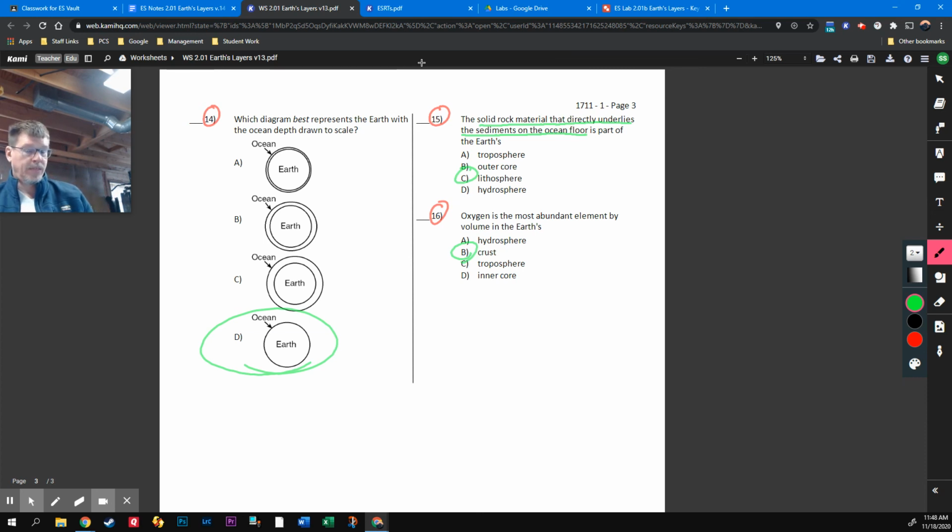The big thing in this lesson is using the pages in your reference tables. Page 1, the average chemical composition chart. Page 10, the inferred properties of the Earth's interior. And page 14, the selected properties of the Earth's atmosphere. That was the big idea of this particular worksheet. If you have any other questions that you'd like me to go over, please feel free to email me, and I'll send you a quick description of what's going on in that question, or I'll put together a video for you. All right,